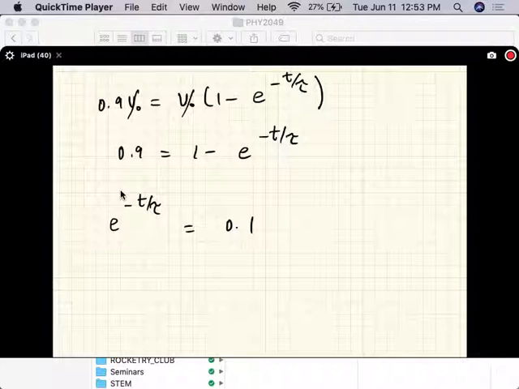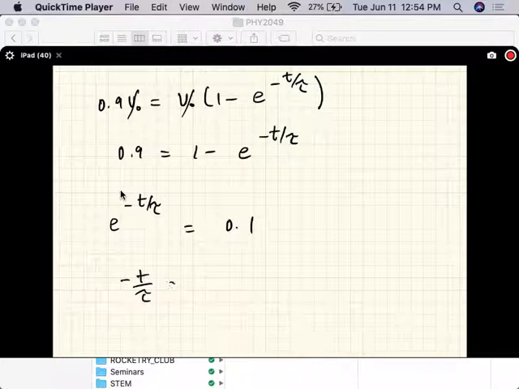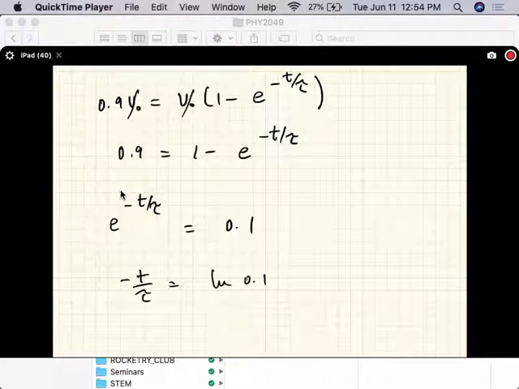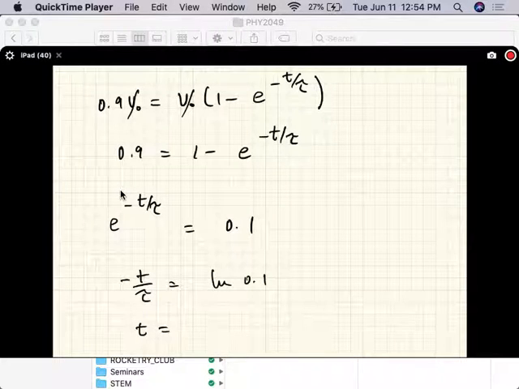Take the log of both sides: minus t by tau equal to natural log of 0.1. t equal to minus tau